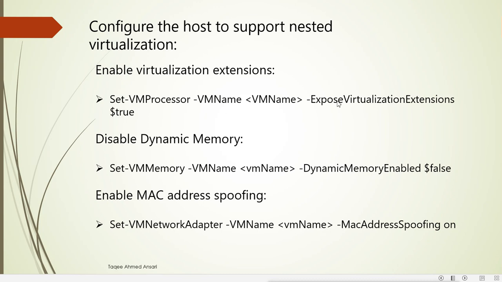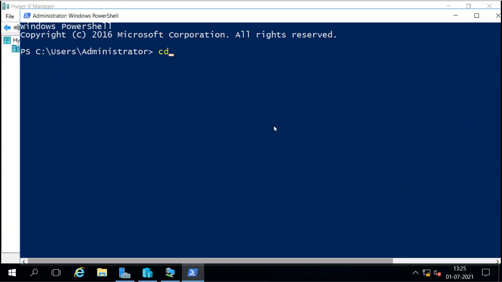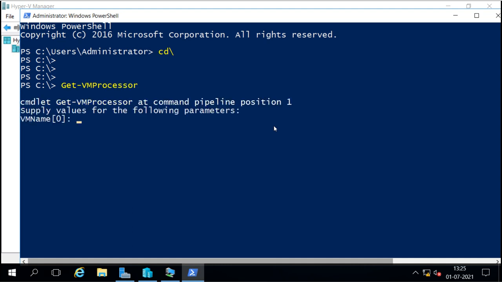I will enable the virtualization extension there. First I will say Get-VMProcessor. So we have to mention the VM name also.